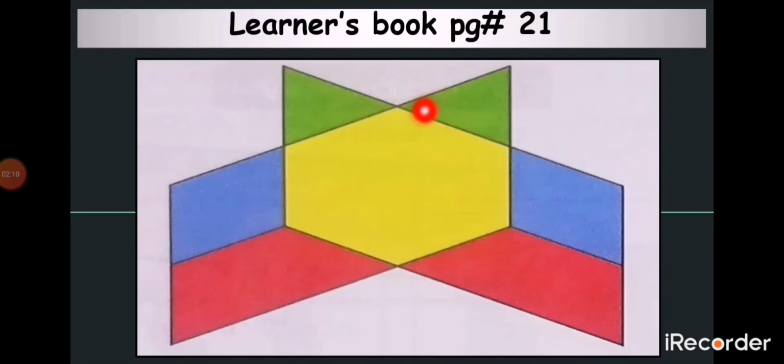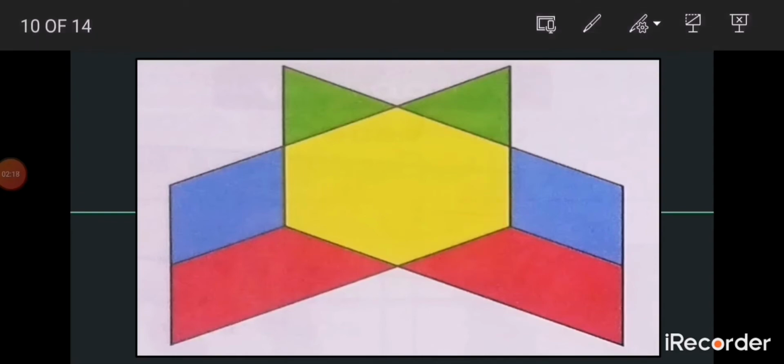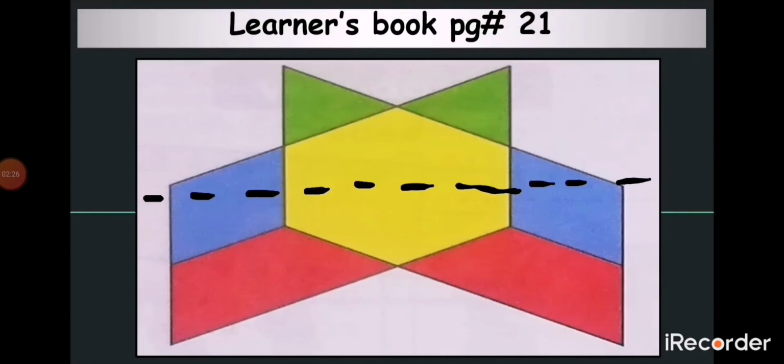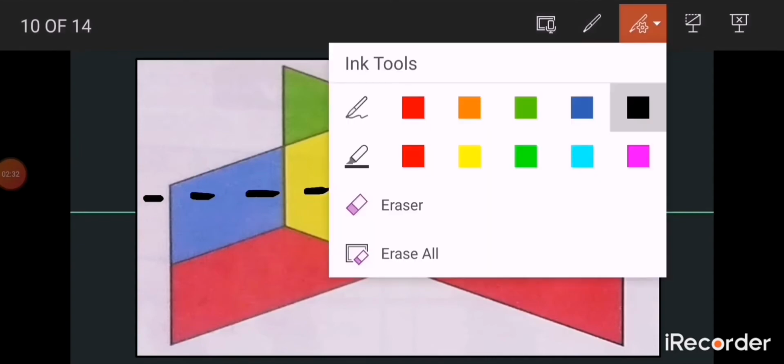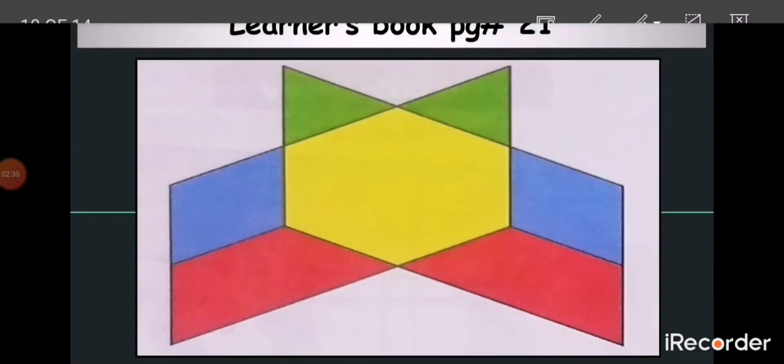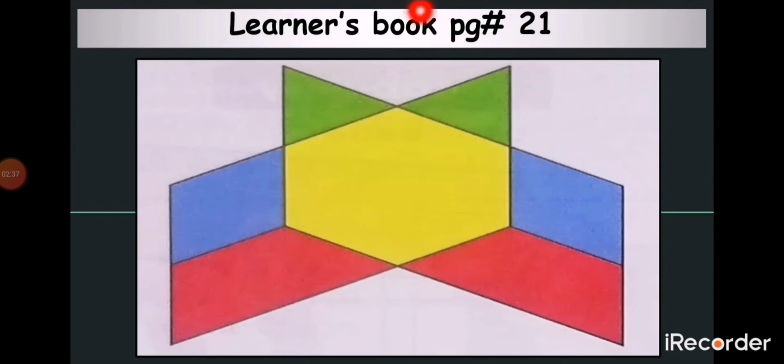So we will find the line of symmetry. So if we fold the shape from up to down, can we get the line of symmetry? Let me draw. If I draw in the center a line, is this line a line of symmetry? Are both sides the same, both halves the same? No, it's not. So it means when we fold this shape up to down, we will not get the line of